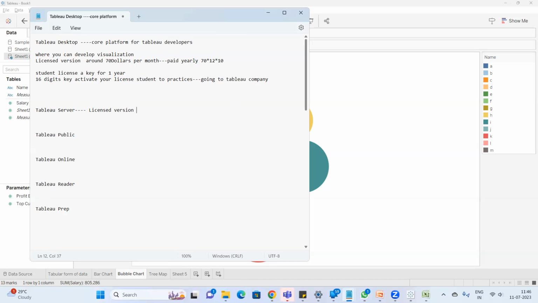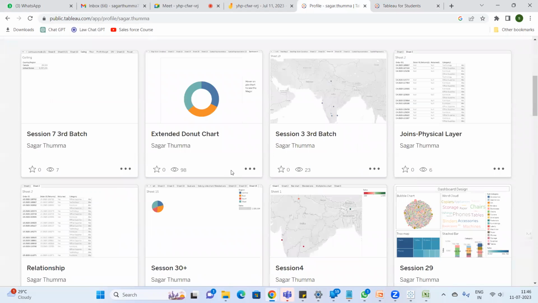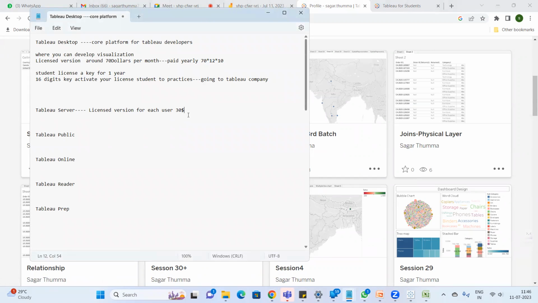For each user, they will be charging around $30. So like this, they will charge for each user. If you want to see the visualizations, let's say these visualizations I'm sharing, if you want to see the dashboards in your organization, that will also be charged per user. So if you have access to some dashboard, that means they are paying for each and every user. In that you will be having access like viewer, explorer,